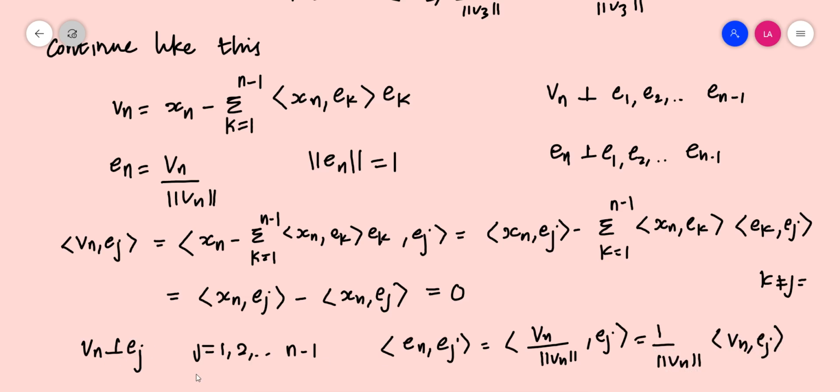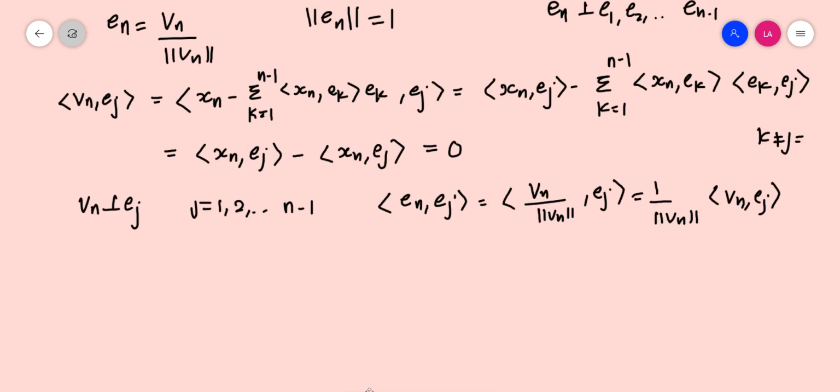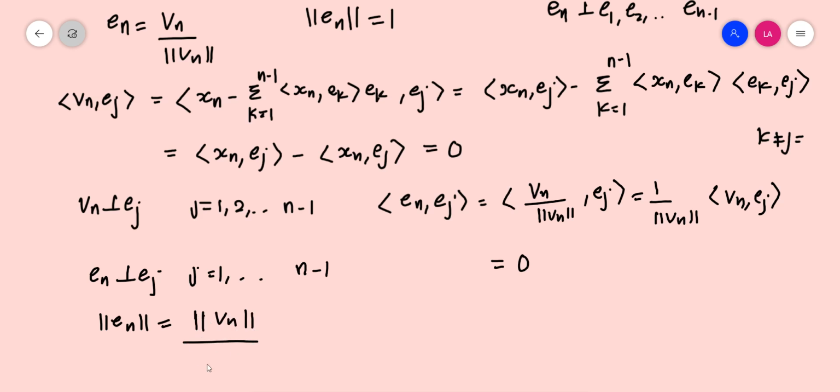We have already proved that Vn is perpendicular to Ej for all j, which means that inner product Vn Ej should be equal to 0. So that part becomes 0. That is, En is orthogonal to Ej for all j varying from 1, 2, 3, etc., n minus 1. And also norm En is equal to norm Vn divided by norm Vn,